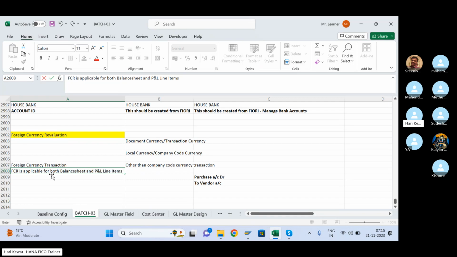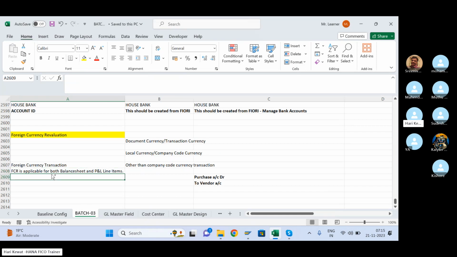line items. Even if you go for an interview, if you say both, they may not agree with you, because it doesn't mean the interviewer has 100% knowledge either. But both is possible. You tell him that 99% of people will go for balance sheet, but SAP also gives you the provision to do the PNL line items revaluation also. Now when you say that you have to do the revaluation for the balance sheet line items,